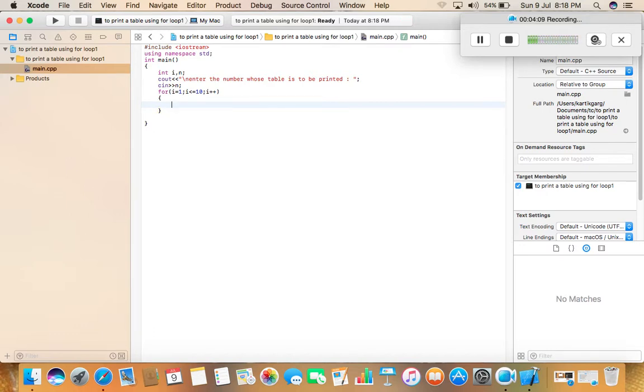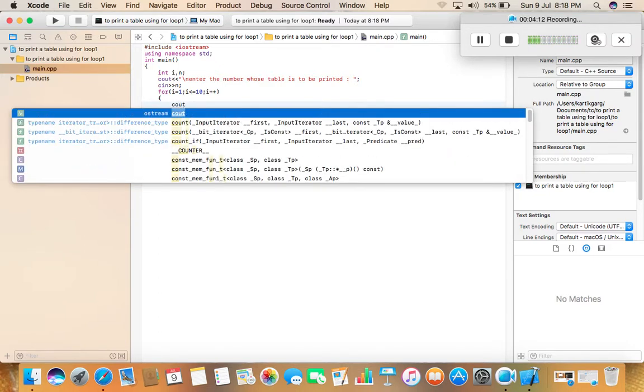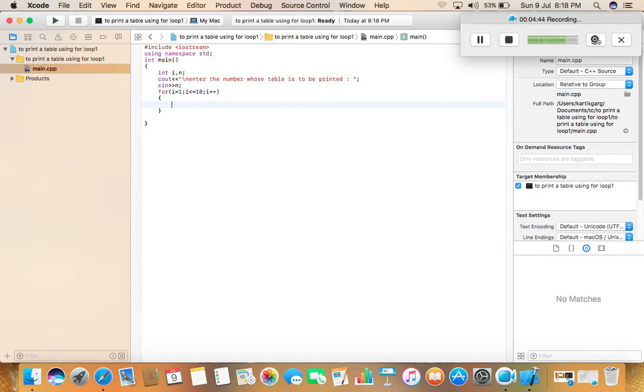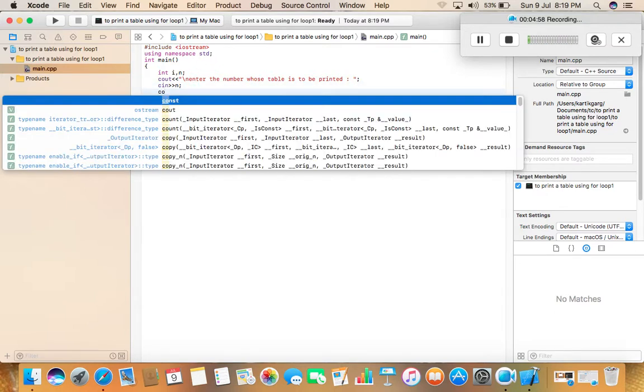Now we are going to print the table. The user has already told us for which number we are going to print the table, but we should still tell the user that we are printing the table of this number, and then print the values in a tabular format like 5 cross 1 is equals to 5, which would look pretty and nice. I will display that not in the loop, because every time the loop gets incremented, the same line would be printed on the screen. So I will write this statement here: cout